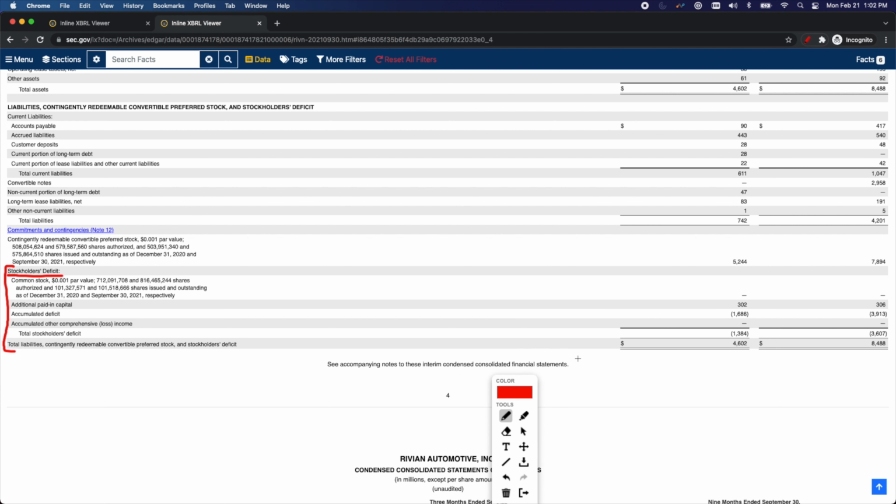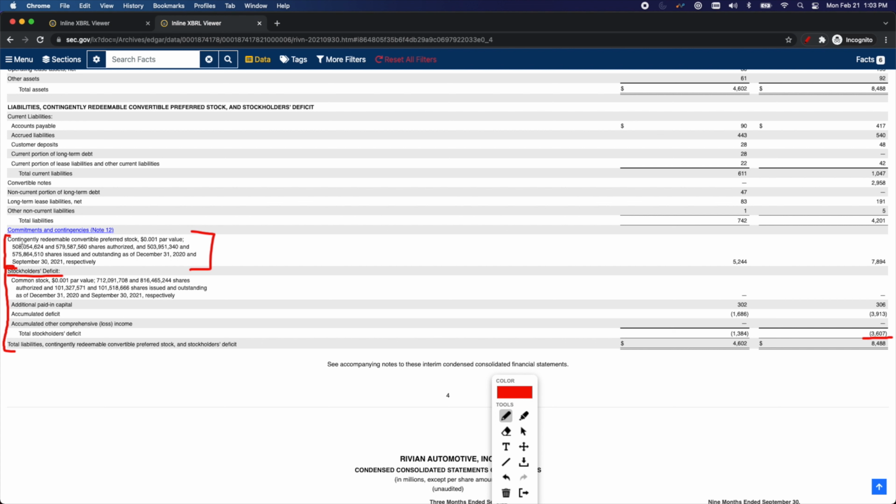You can see they have a deficit of $3.607 billion. So what's happening here? If we take the assets and subtract the liabilities, why are the shareholders left with a negative figure? Well, everything is happening right here in this section